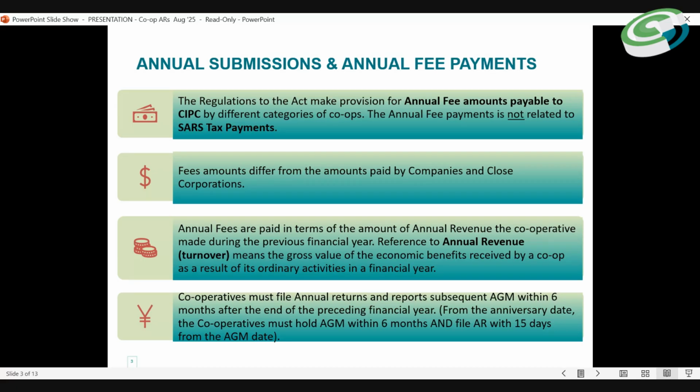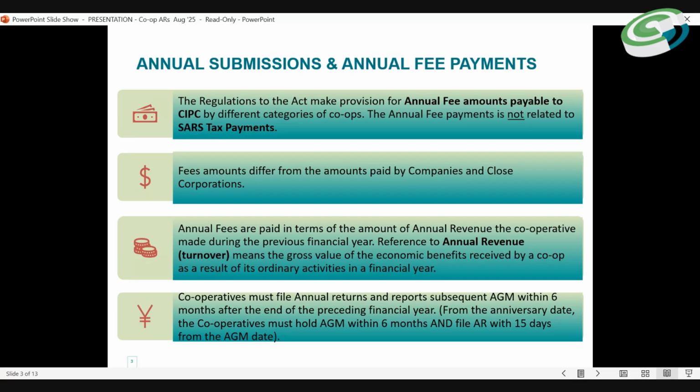The other important thing to note is that the CIPC annual return is completely different from the SARS returns, because at times you get people who confuse them.